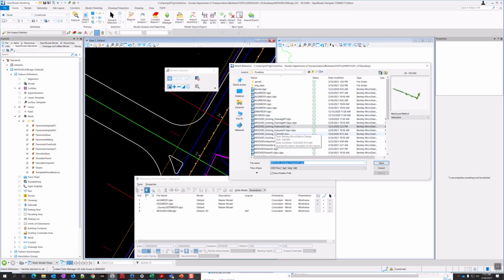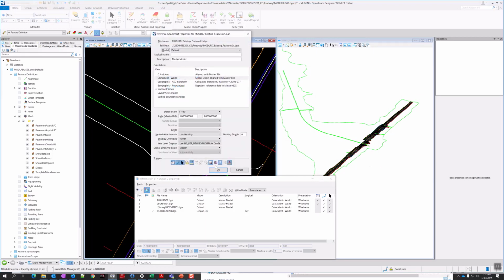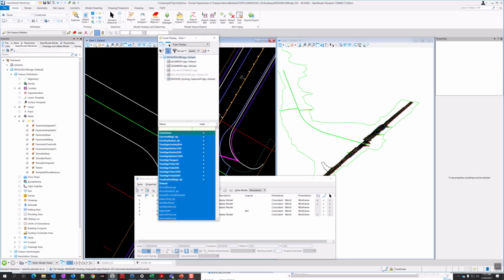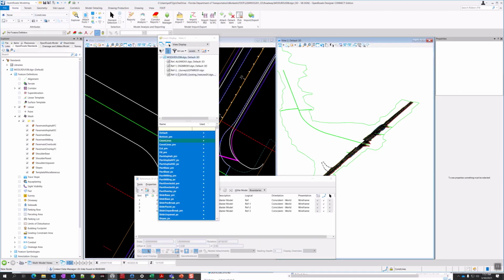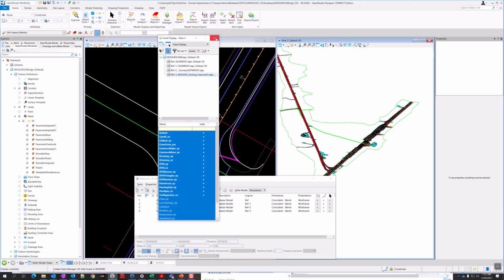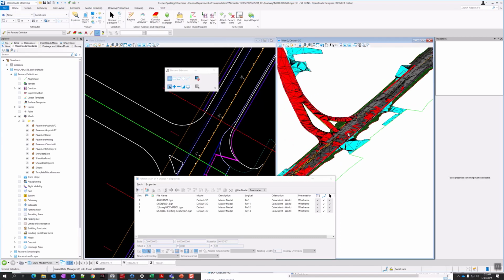Attach them MODLRD existing features 01. Click OK. And I think probably because the settings in that file are all those levels are off, so I'm just going to come in here and turn them on. I'll make this 3D view active and select it and just do all on. Okay, so now I can see it. Make sure that's why I can make sure it knows where it's going to be calculating and taking those into consideration.